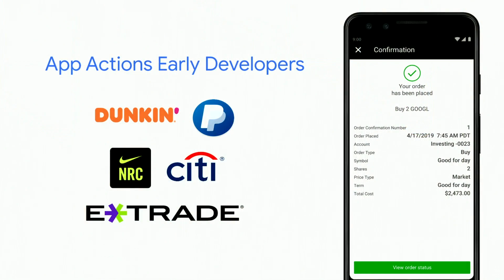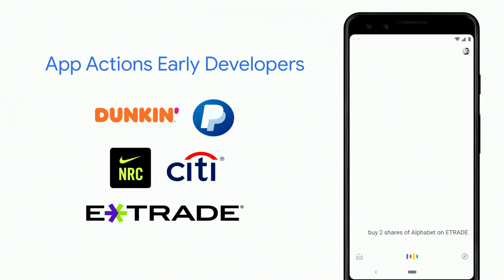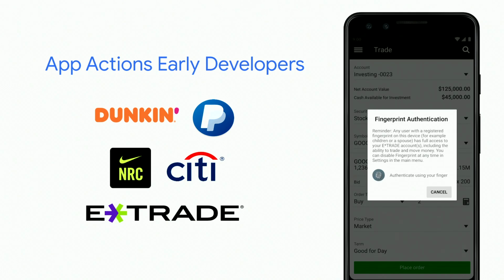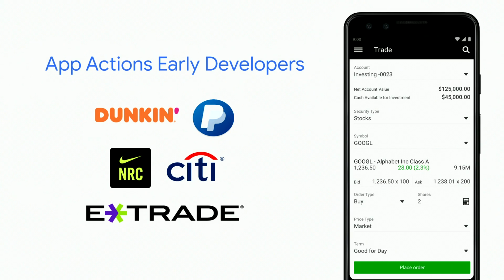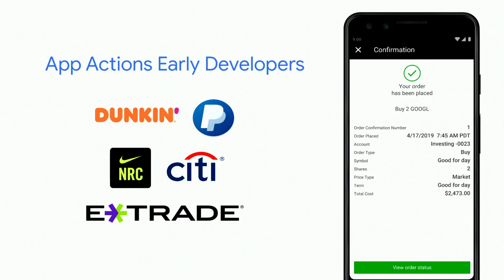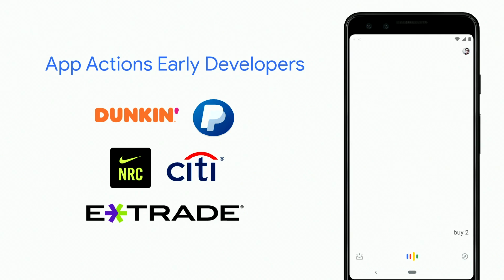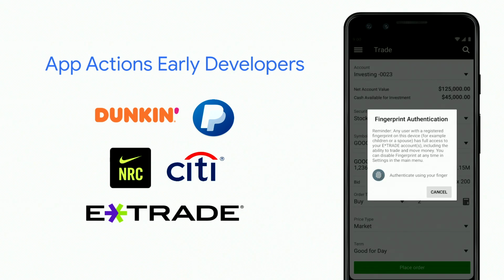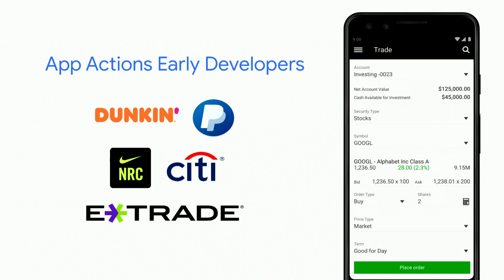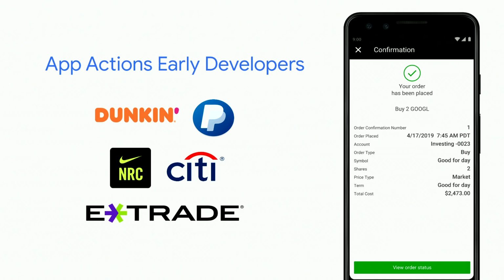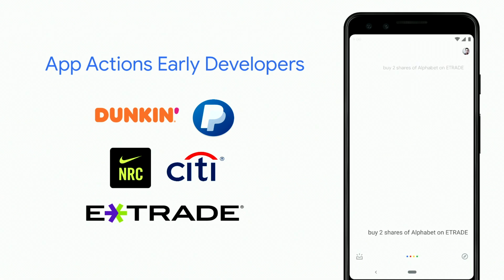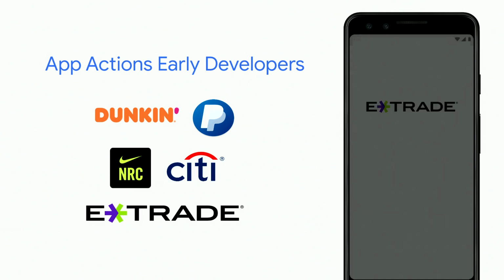As the Adams were showing us before, I can start tracking my run with no taps and no clicks, simply by saying, "Hey Google, start my run with Nike Run Club." I can as easily order food from some of my favorite apps, book a ride, or even check my financials, whether that's my account balance, my bills, my investments, or even send money to a friend using PayPal. Again, these are just a few examples from some of our early developers within the first 4 categories that we're